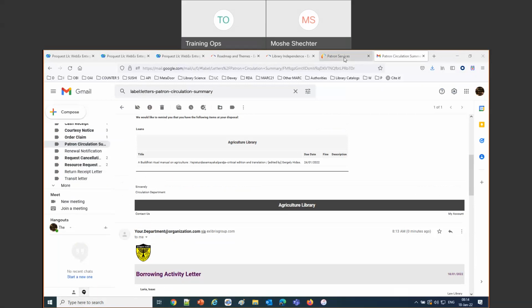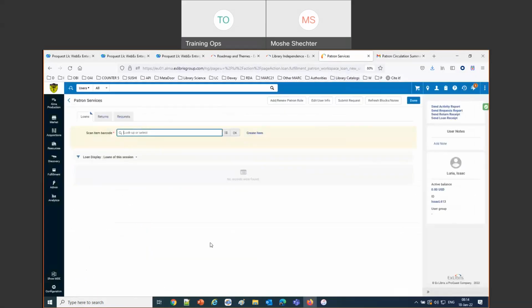Okay, so now this is a big one. What we're going to show right now, a big one. This really has been something people have been asking for. Moshe, you've probably heard this also pretty much since the beginning of Alma, I think. There was a way to play around with the XSL and change the logo. It didn't actually change the institution logo, but it gave the option to add an image based on XSL conditions. But now you'll see how easy it is to make a separate logo per library.